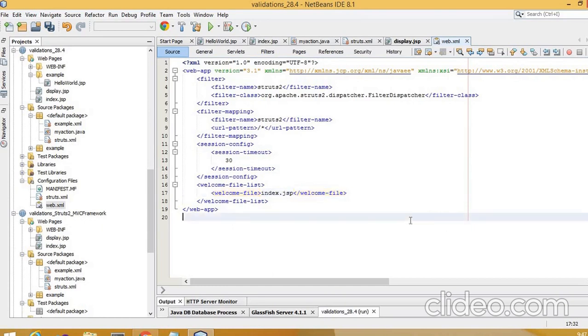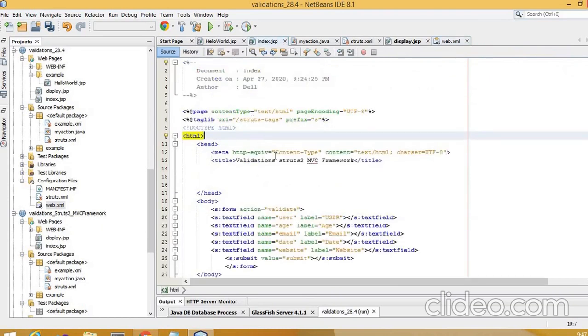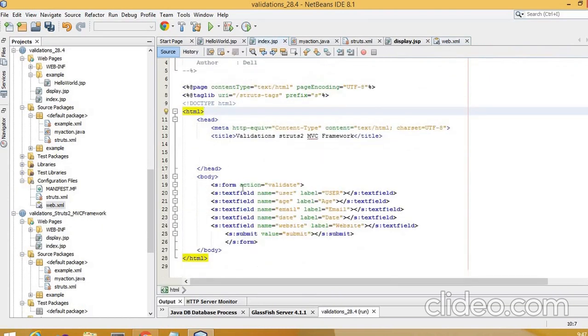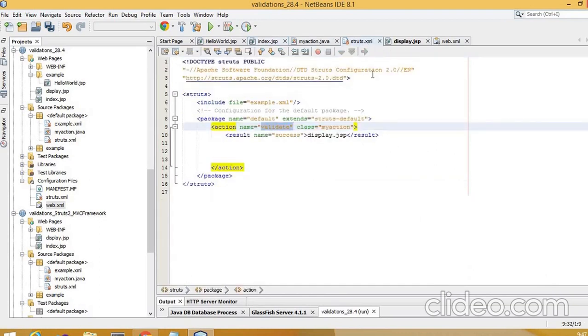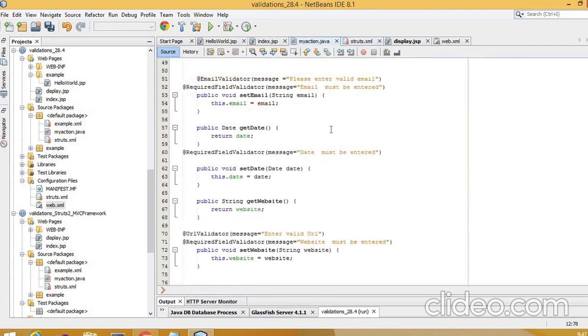Okay, so fine, this is our project. What we have done is we have created this index.jsp. This is our form we have created. In that form we have created an action validate. So once you click on the submit, then that action will be invoked. It will go to the struts.xml mapping file, the controller file. When you click on validate, it has to go to class myAction. Then it will go to the myAction.java class.